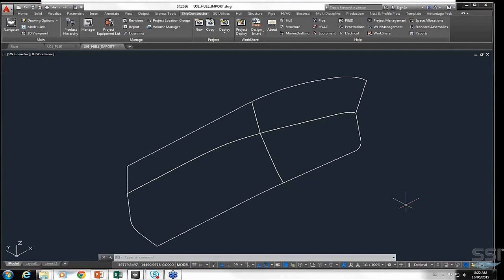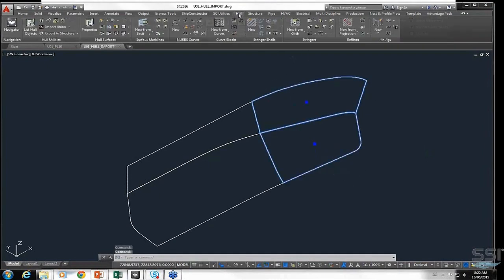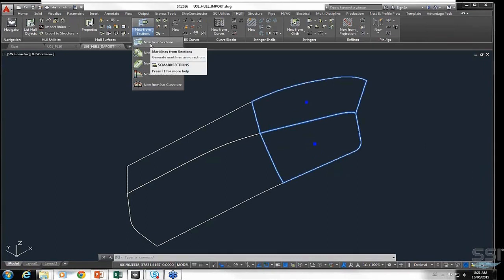In order to do that, we'll select the surfaces. We'll choose the 2 closest to the bow. And what we want to do is add some surface mark lines. There's a number of different ways that you can add mark lines. You can do it from sections, projection, girth, isostrain, isocurvature, and for the moment we're going to do it from